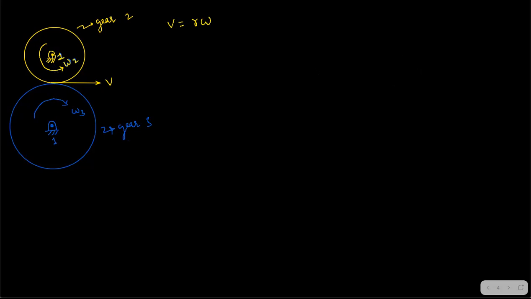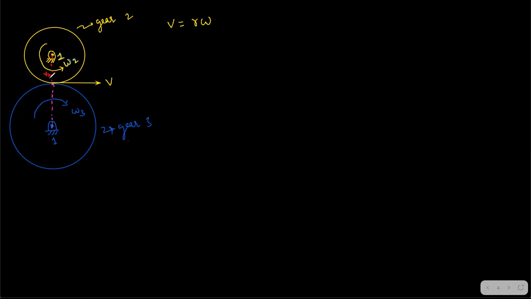Let's change the color so that we can identify. I'm taking red to identify the center from here to here. So the center is R2 and the other center is R3, and the line should be perpendicular to V. You have to drop a line on this point, because usually the radius and common tangent are perpendicular. You can say this is the common tangent of these two circles. The V direction is the common tangent to both the circles, and this is the common normal also of both the circles.